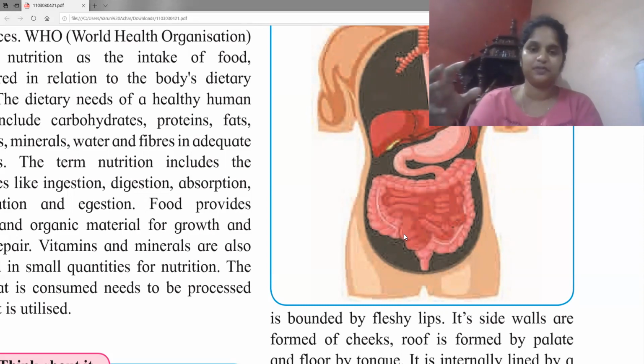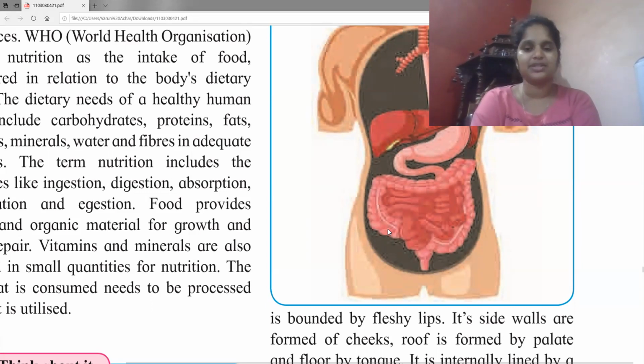Now, once the waste material from the small intestine comes into the later part of the ileum, it joins your large intestine. This light pink colored portion that you can see is the large intestine. And your large intestine again is divided into many parts. This pipe-like structure that you see over here is called the colon, C-O-L-O-N, not the colon in grammar. And there is a pouch-like structure called the rectum, and this rectum has an opening which is called the anus. So we have the colon, the rectum and the anus.